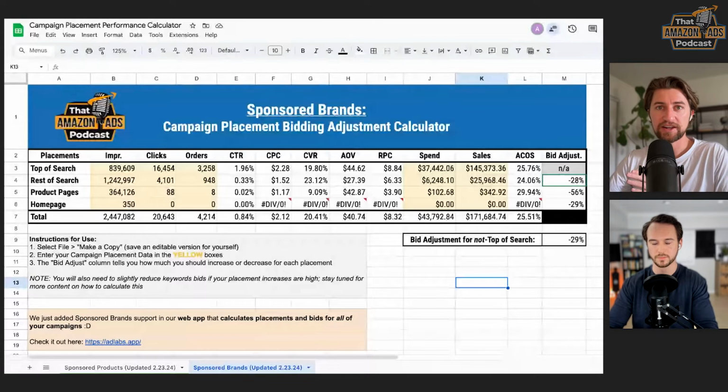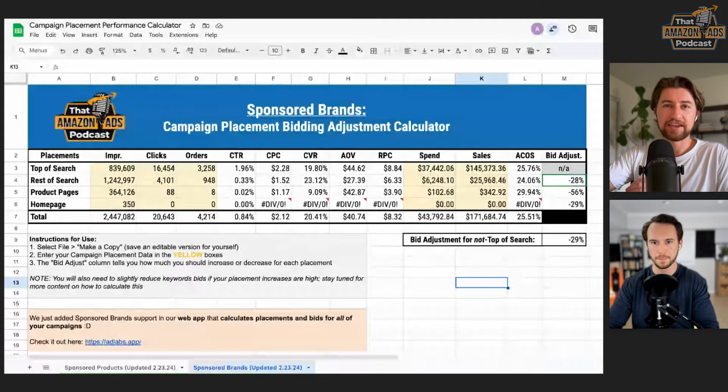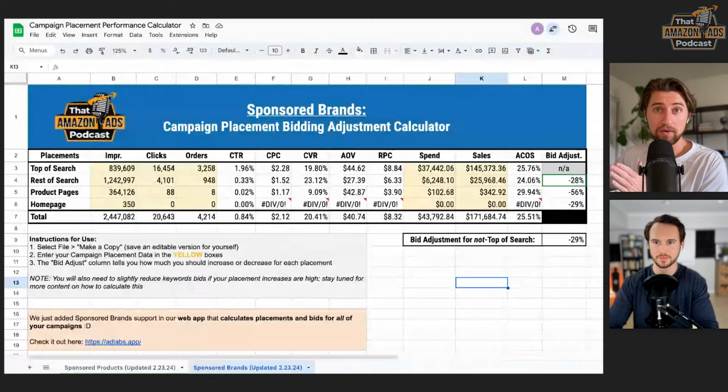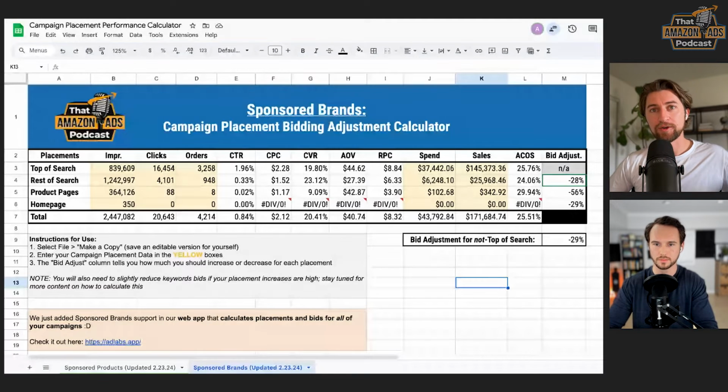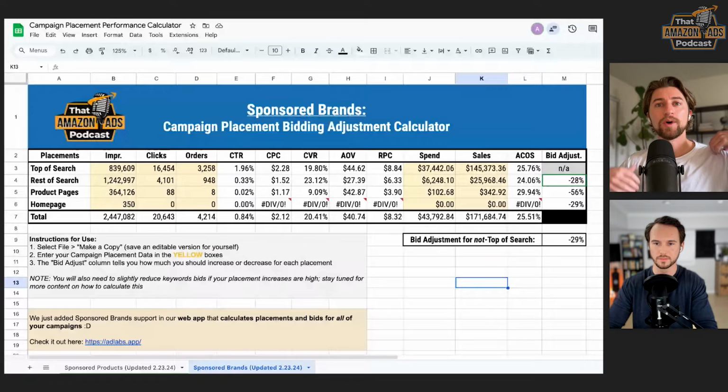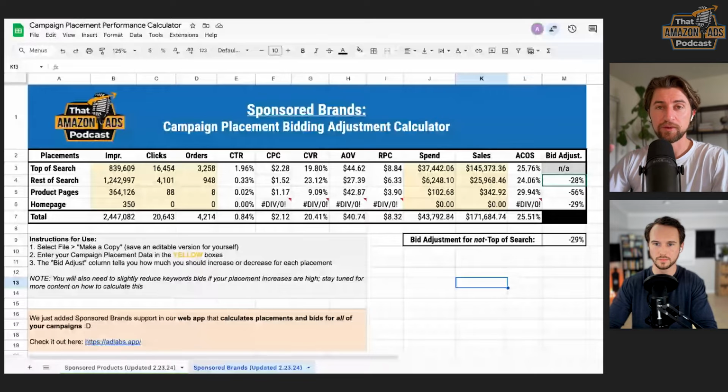So basically any sponsored brand campaign that was created after October 2022, there's a specific date within October, I forget which date it is, will be multi-ad group sponsored brand ads, in which you can obviously create multiple ad groups. All the campaigns before that were fixed, where by default there was only one ad group. You couldn't add more ad groups. Amazon is deprecating those sponsored brand campaigns. I think by the end of this year, 2024, they're going to be getting rid of all of those. So we all have to do some work on migrating these old legacy campaigns over to the new version.